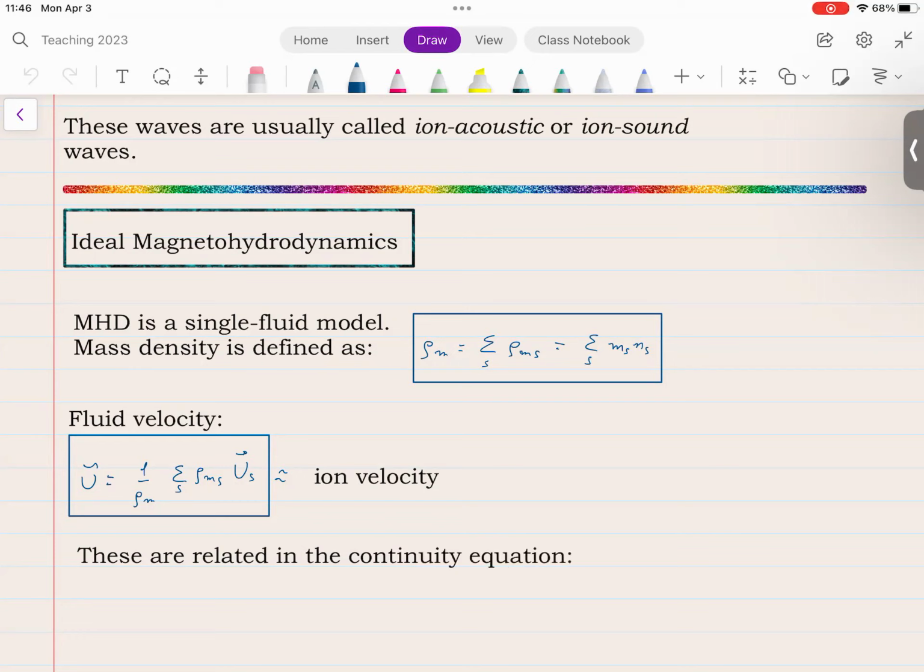Which is actually more properly maybe called the mass continuity equation. Most often when people say continuity equation, they mean the mass continuity equation. Anyway,